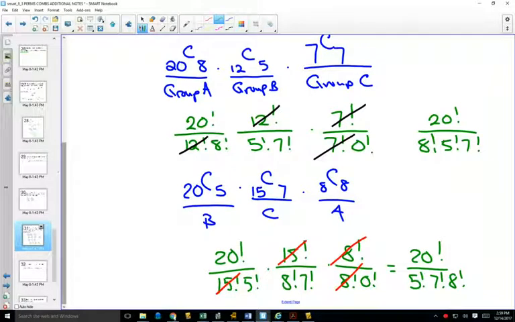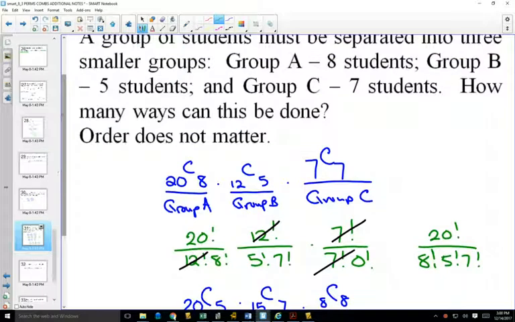Cool. What do those numbers remind you of when it's written that way? What kind of question? Repetition stuff, identical objects, like a Mississippi kind of question. Okay? And so, could we have solved this like a Mississippi type of question? If I lined you all up from shortest to tallest, and in a hat I put 8 A's, 5 B's, and 7 C's, and I got you to pick them out,